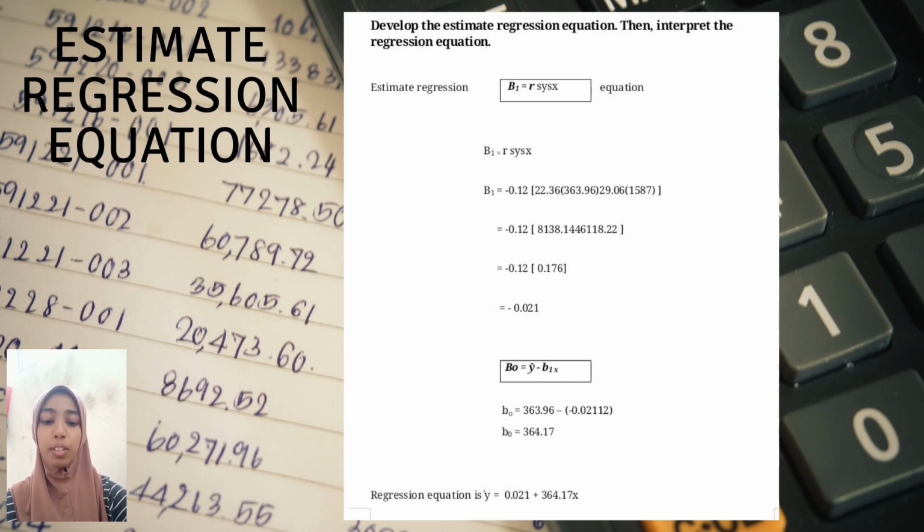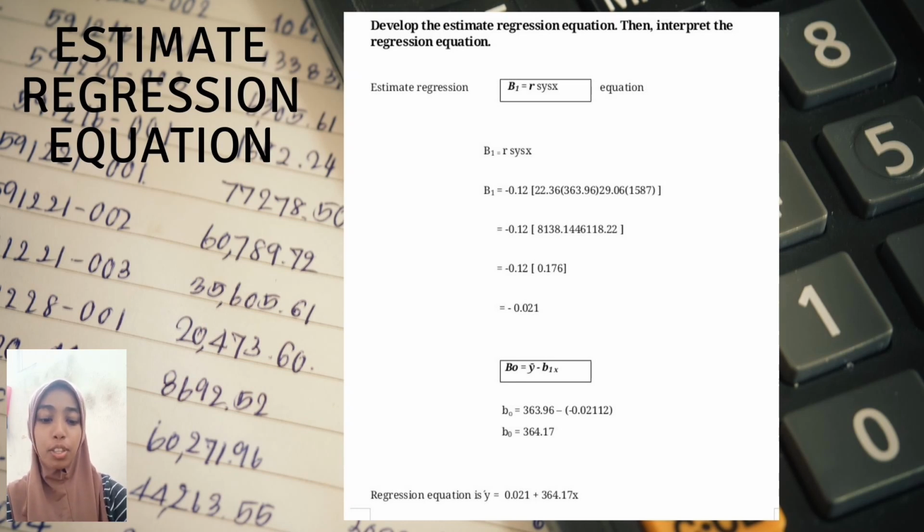For B0, the formula is B0 equal to y-bar minus B1 x-bar. So the calculation is 363.96 minus negative 0.2112. Then we will get the answer 364.17. The regression equation is y equal to 0.021 plus 364.17x. So the slope of the line is